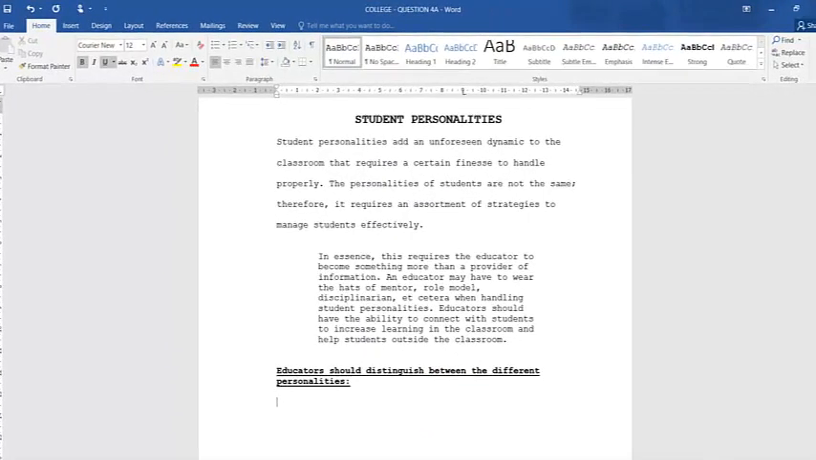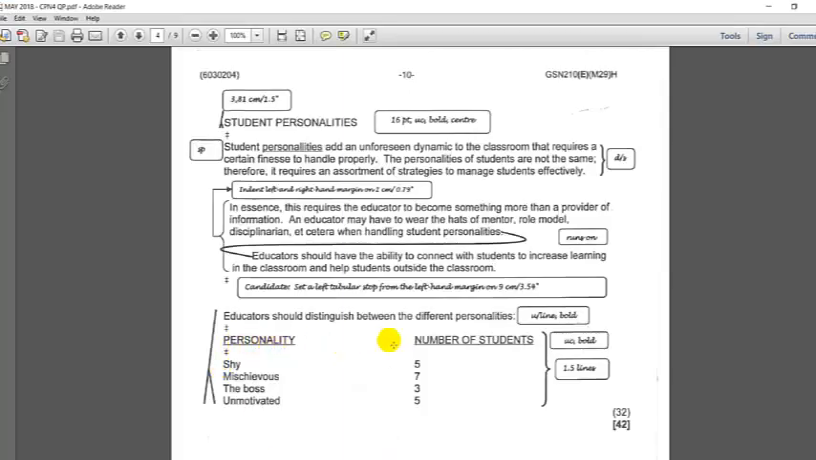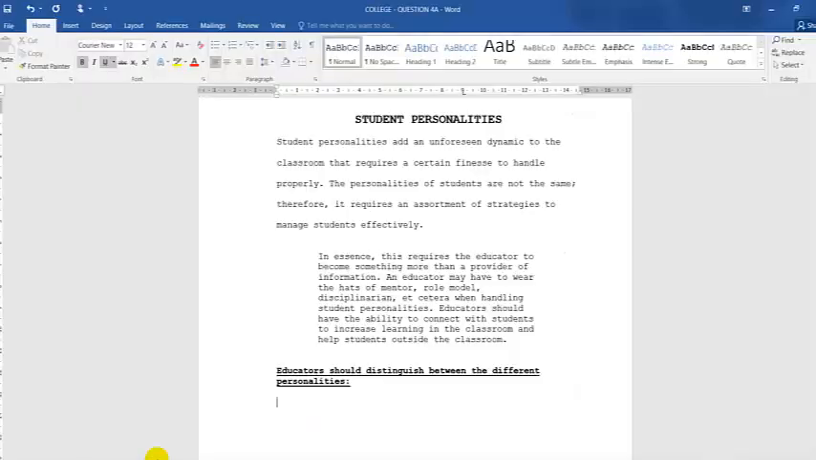As you can see, personality and number of students is underlined. That underline is just to indicate that it should be in uppercase and bold, those ticks. So I'm going to type in personalities, no bold, personality, tab, and you can see over here it is 9 centimeters, number of students,